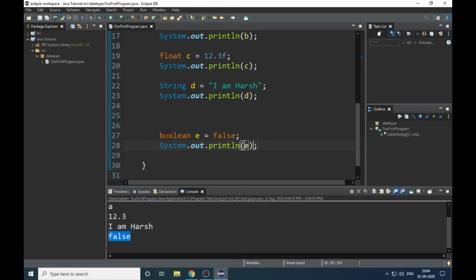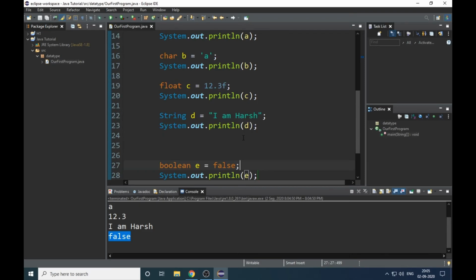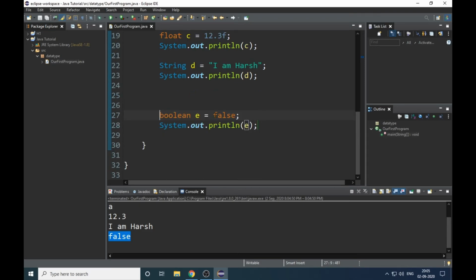Right now, just remember that Boolean is a data type consisting of two values only, either true or false. You will grasp this concept as soon as I approach the if-else statement, because at that point we will use our Boolean so that our if-else statement can run.